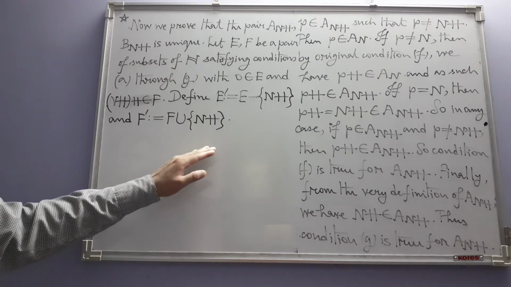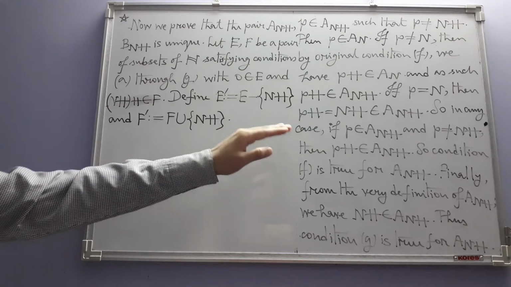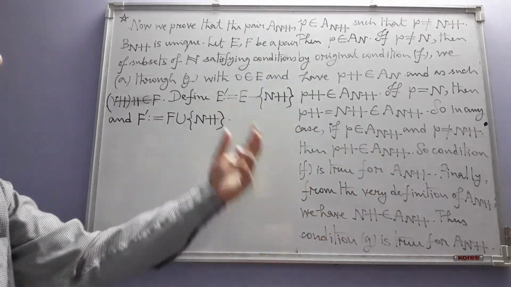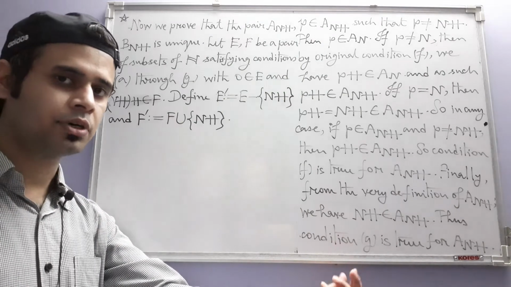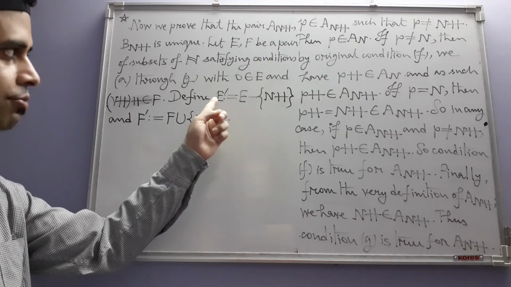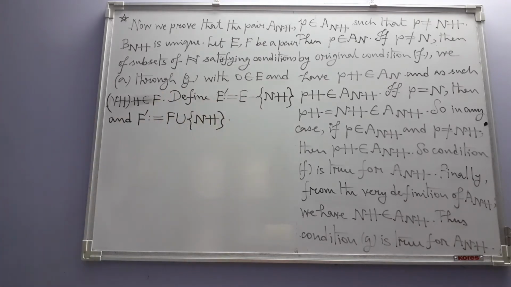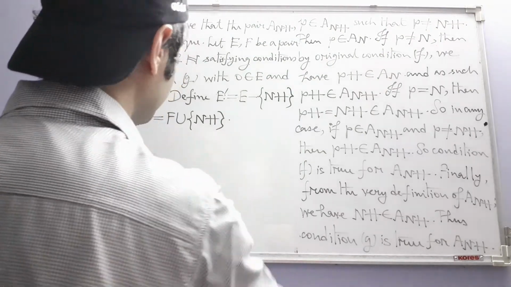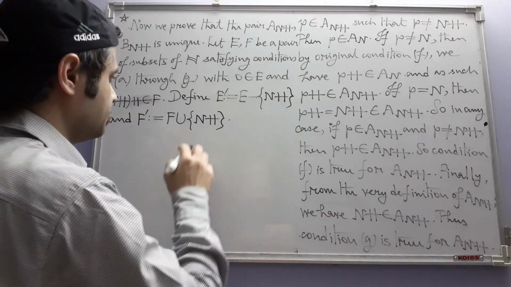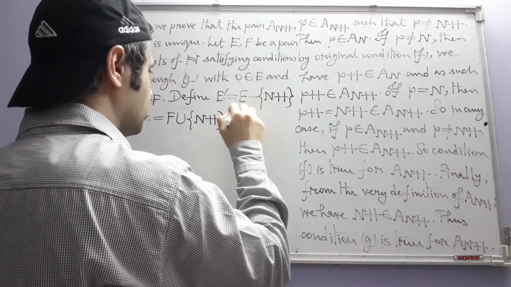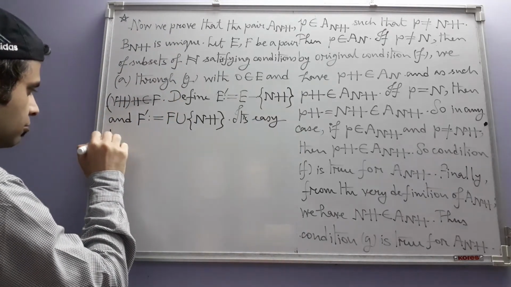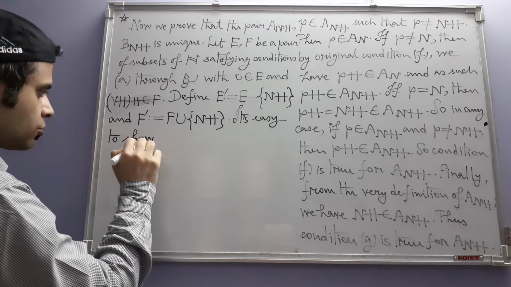So what we are doing here is just the opposite of what we did while we defined An plus plus and Bn plus plus. There we transferred n plus plus from Bn to An. Here we are transferring n plus plus back from E to F. Okay, the roles of E and F are just like the roles of An and Bn respectively. Okay, it's easy